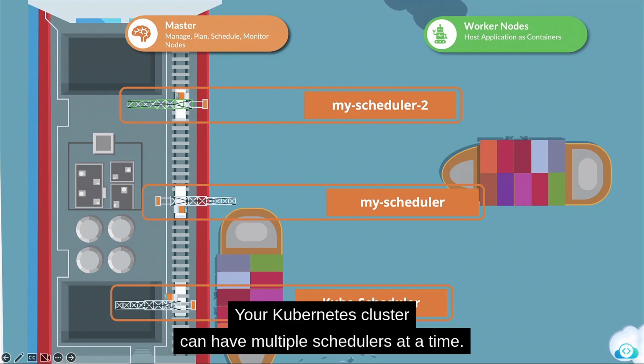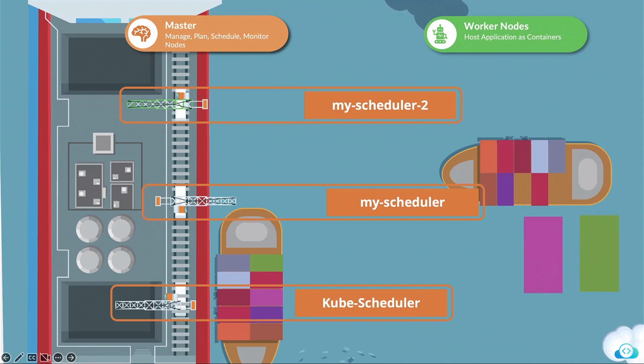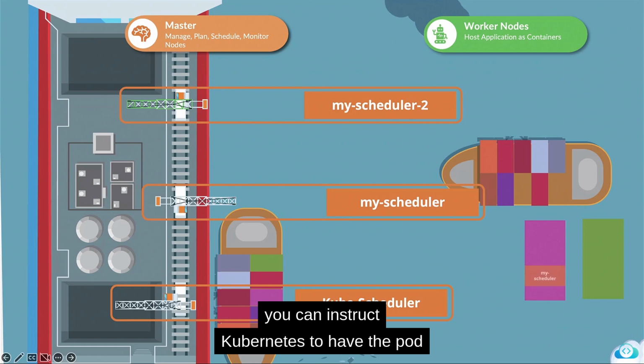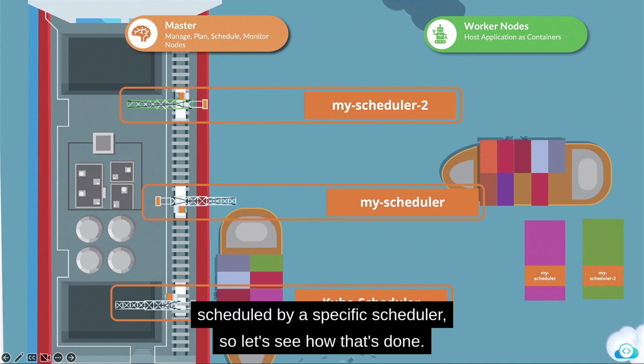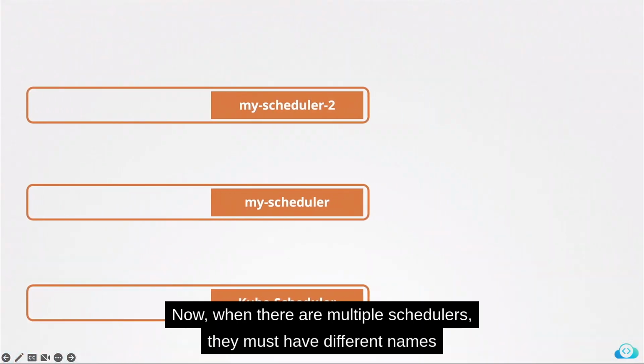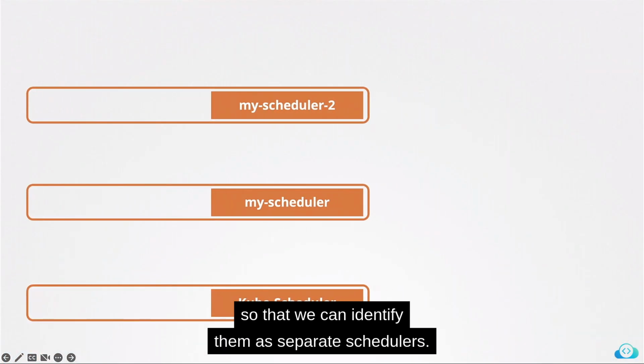So your Kubernetes cluster can have multiple schedulers at a time. When creating a pod or a deployment, you can instruct Kubernetes to have the pod scheduled by a specific scheduler. So let's see how that's done. Now, when there are multiple schedulers, they must have different names so that we can identify them as separate schedulers. So the default